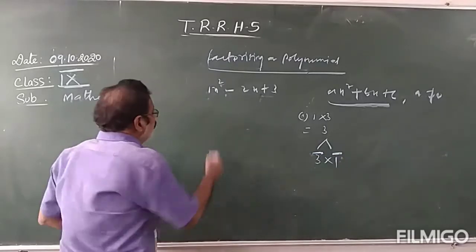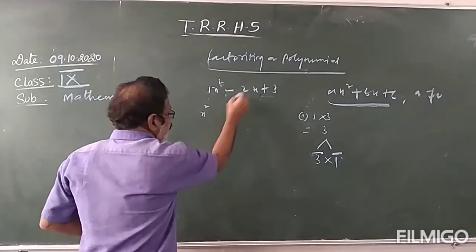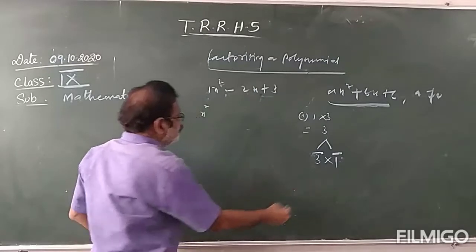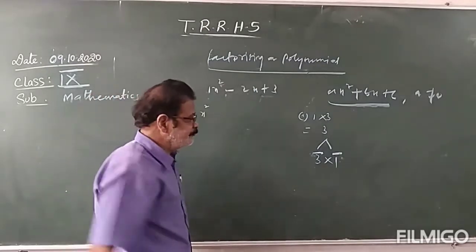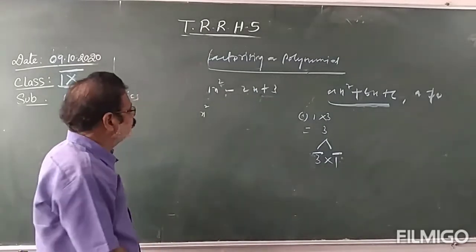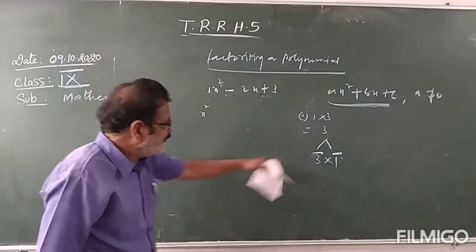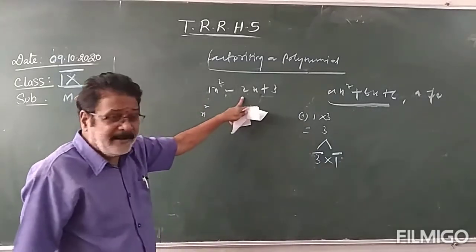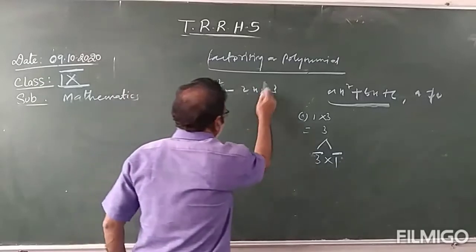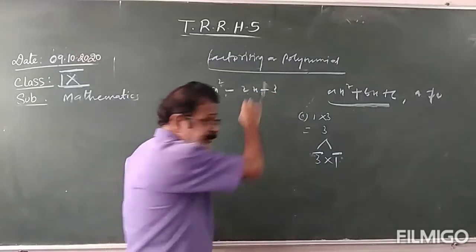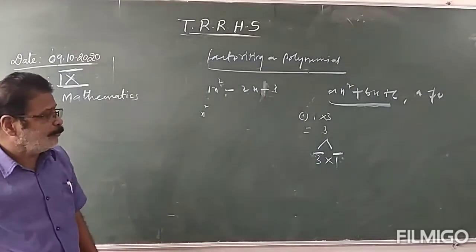Now what will we do? Instead of x square minus 2x, the constant sign is minus, so it is not suitable. Minus 3, minus 1, minus 4. But we should get minus 2. So you clearly write here minus 3. I changed the problem because it was not suitable.